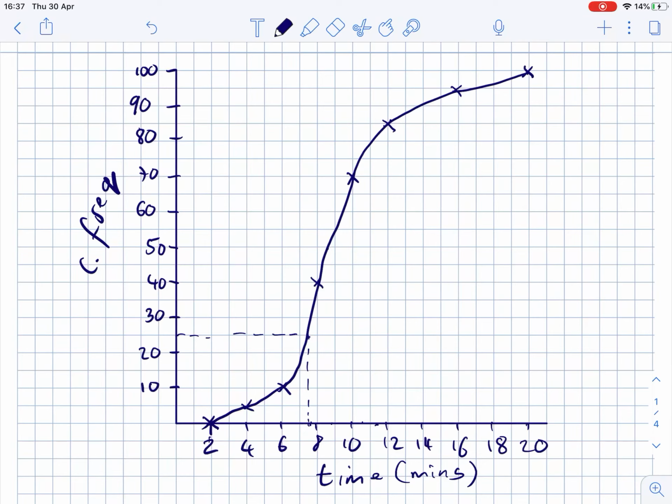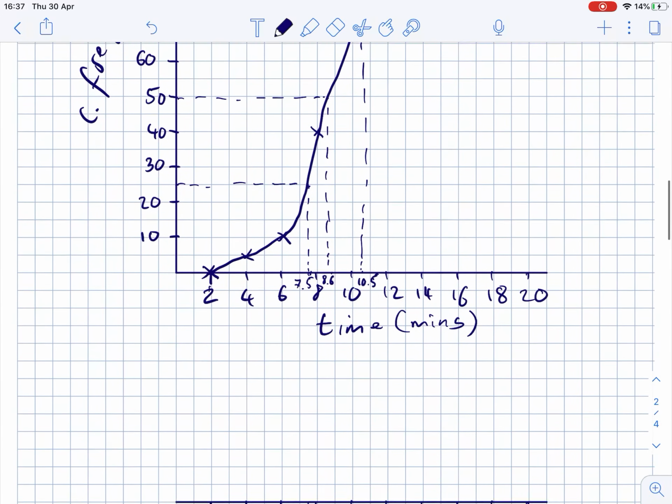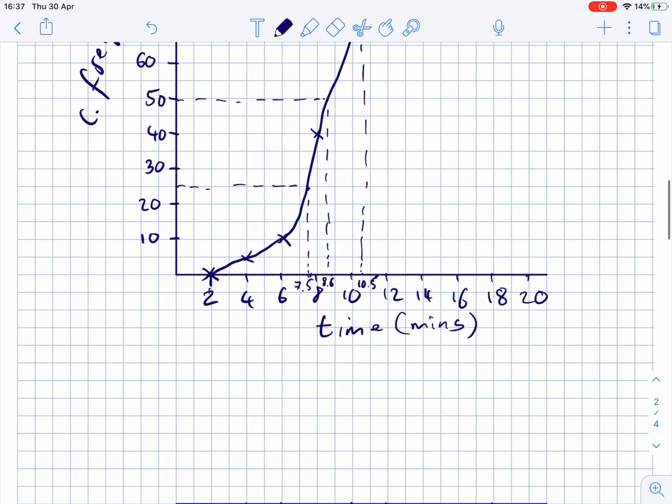So from 25, the lower quartile or the first quartile, we've got around about, let's call that 7.5. From our median or second quartile, we go down, let's call that about 8.6. And from our upper quartile going across from 75 and down, let's call that 10.5. We've got three key values there. So we can say 7.5 is our lower quartile,